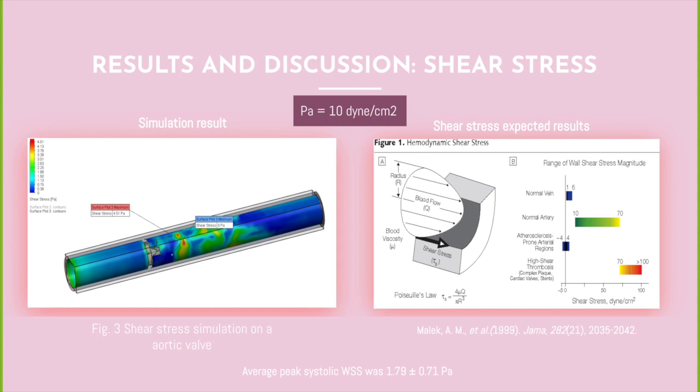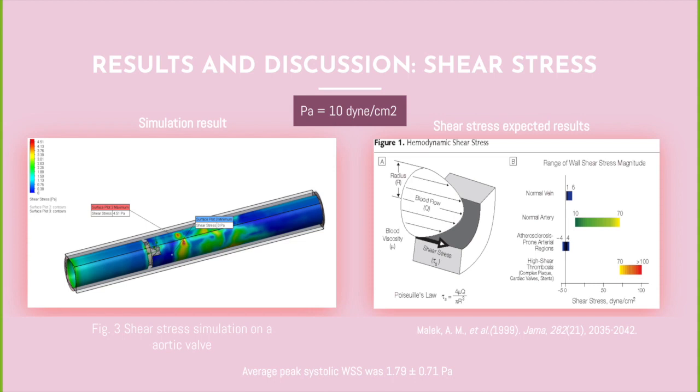And we assess the shear stress. And the question is, why shear stress? The wall shear stress is defined as the tangential force per unit area that is exerted by the flowing fluid on the surface of the wall. And nowadays shear stress is a marker to see if there is a formation of plaque, which is a phase of the atherosclerosis disease. We expect that in a normal artery there is 10 to 70 dynes of shear stress, and the units is